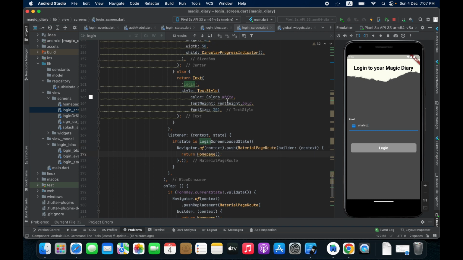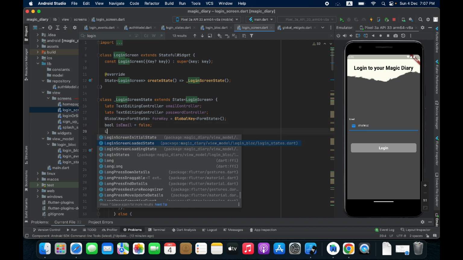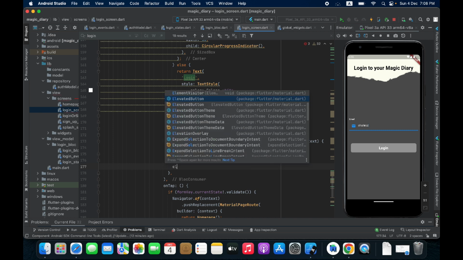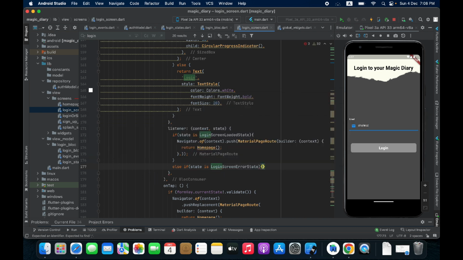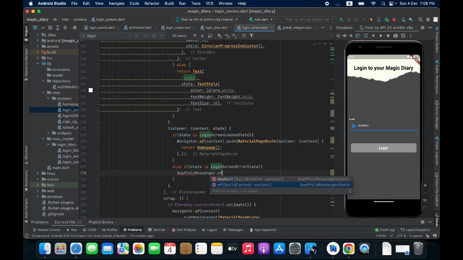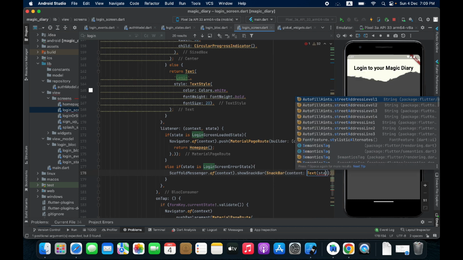And to put other checks, we need to make our BLoC object in a state class. So I will call login BLoC. Login BLoC is equal to login BLoC, and it will ask for the initial state. So we will pass the initial state on here. Here we have the initial state that we created in our states class. And now I will check else if state is login screen error state. Then I will display a snack bar on screen. I will take whatever error is coming from the state and I will display that on here